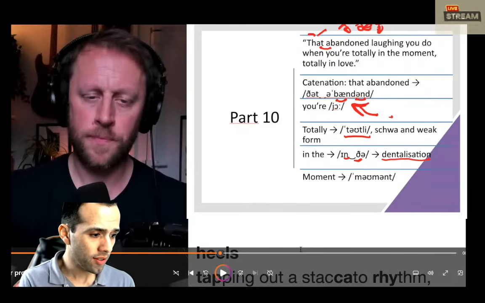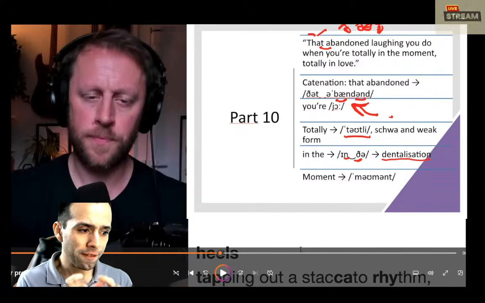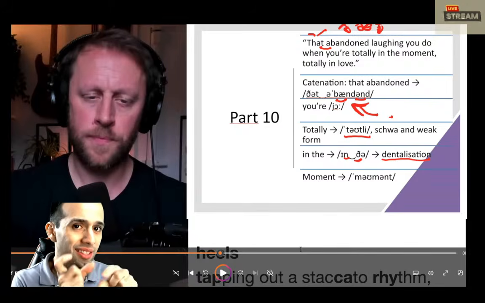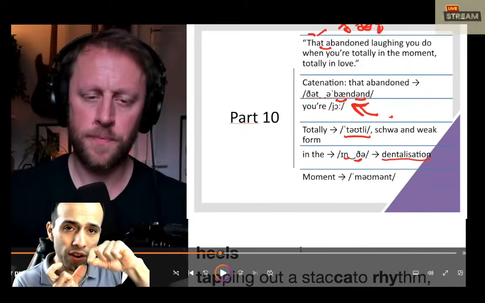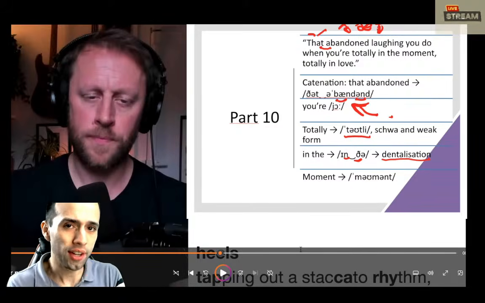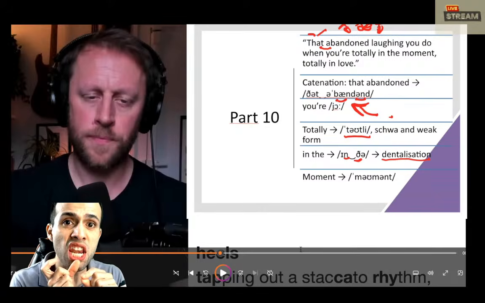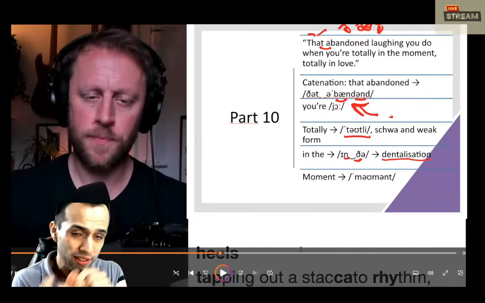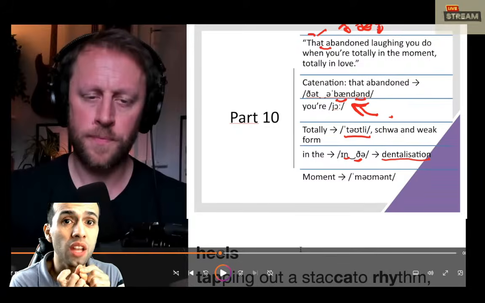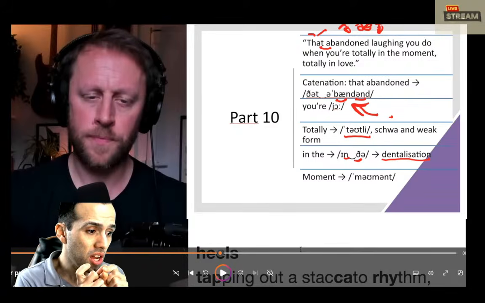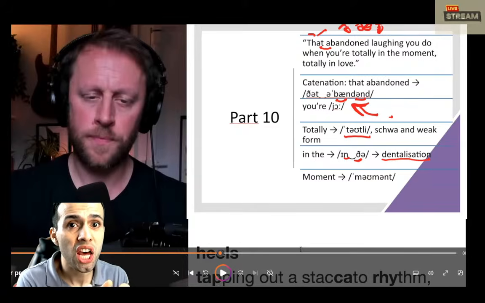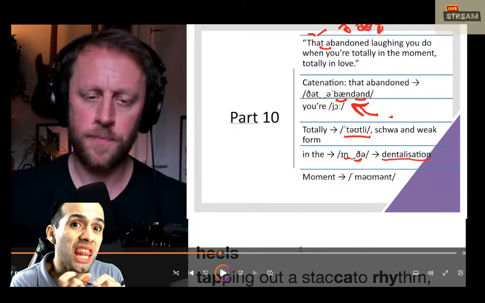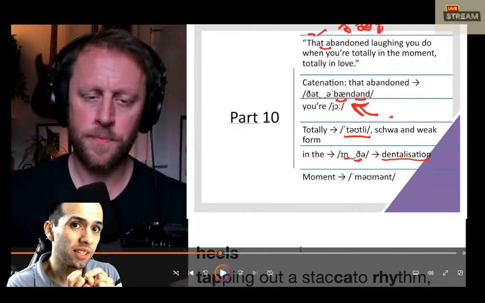What happens here is that the final consonant in the word in gets dentalized because of the first consonant in the next word, which means that you pronounce the n consonant like this, in the, as the next sound is the consonant sound the in the moment, right? We call this